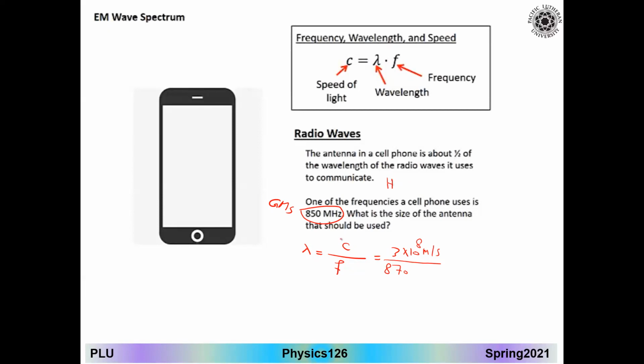So again, as a quick reminder, a hertz, as we mentioned last time, is 1 over seconds, so the inverse of time. And megahertz is basically 10 to the power 6 hertz, or 1 over time. So I have here the mega, which means power of 6, so 10 to the 6 per second. Here the seconds will be cancelled, so we end up with